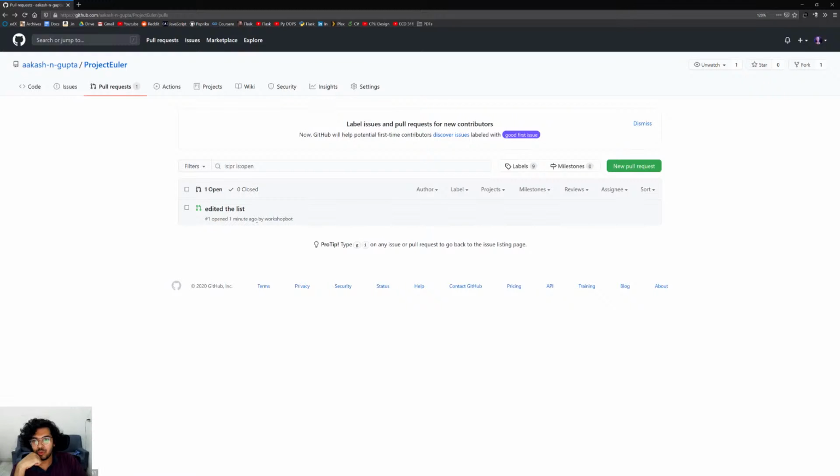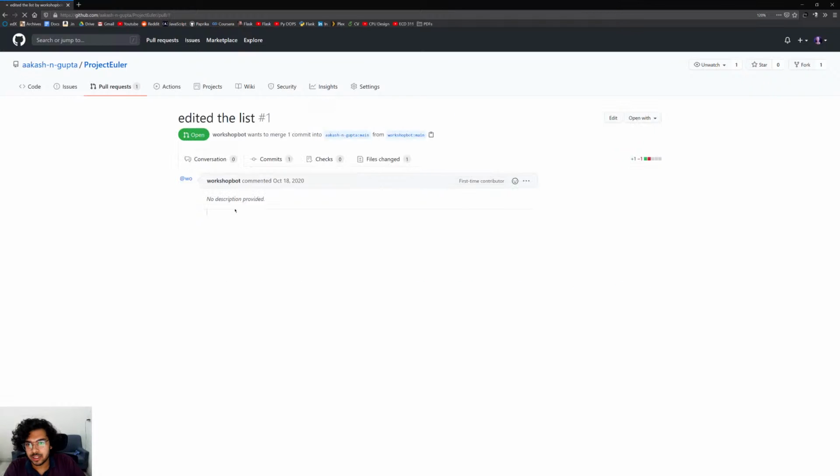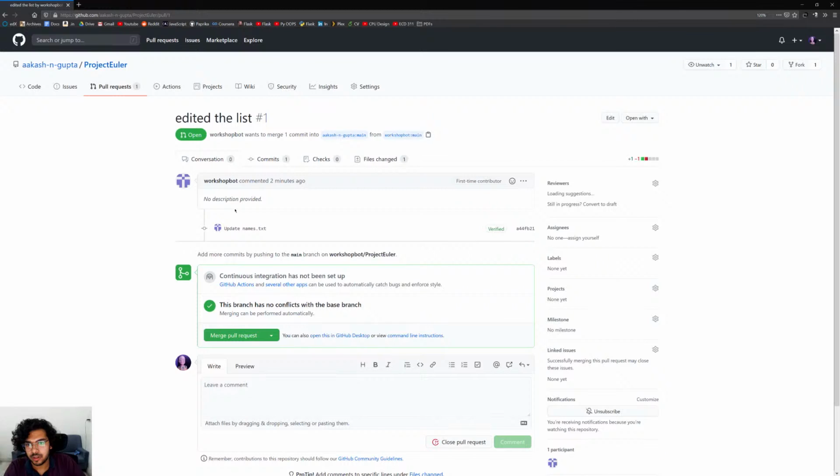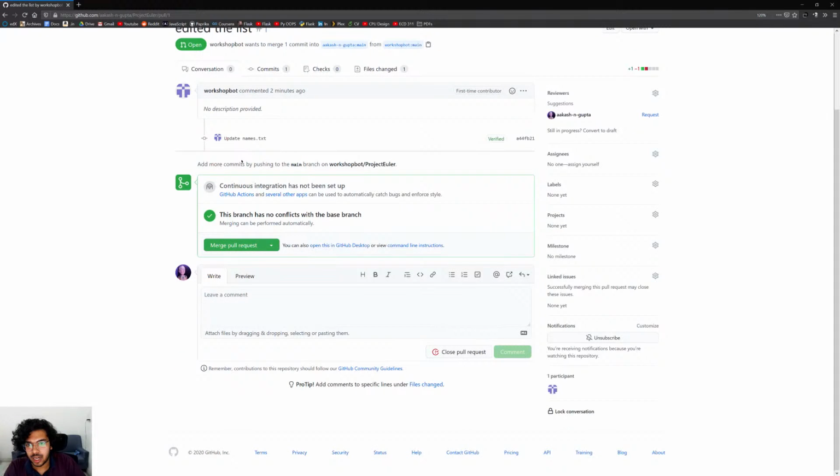When it's a large project, there might be many open pull requests which you haven't been able to look at yet. This also shows that the request is from the workshop branch and it is to the main branch. I'll go to this change, updated names.txt. If I go to commits